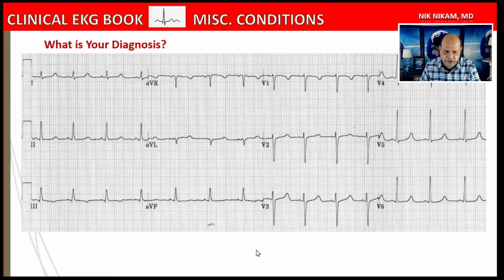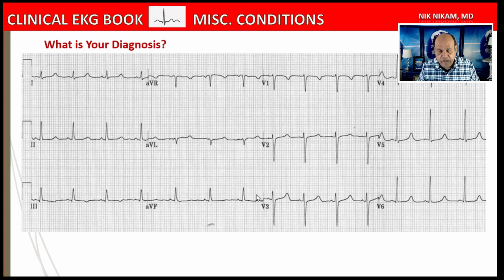What is your diagnosis? First, identify what is an obvious finding in the electrocardiogram, and then try to correlate that with the clinical condition. The most obvious thing that you see is a prolongation of the QT interval. If the QT interval is greater than 50% of the RR interval, then you have prolonged QT interval. And when you see prolonged QT interval, the next thing that should come to your mind is that it prolongs the